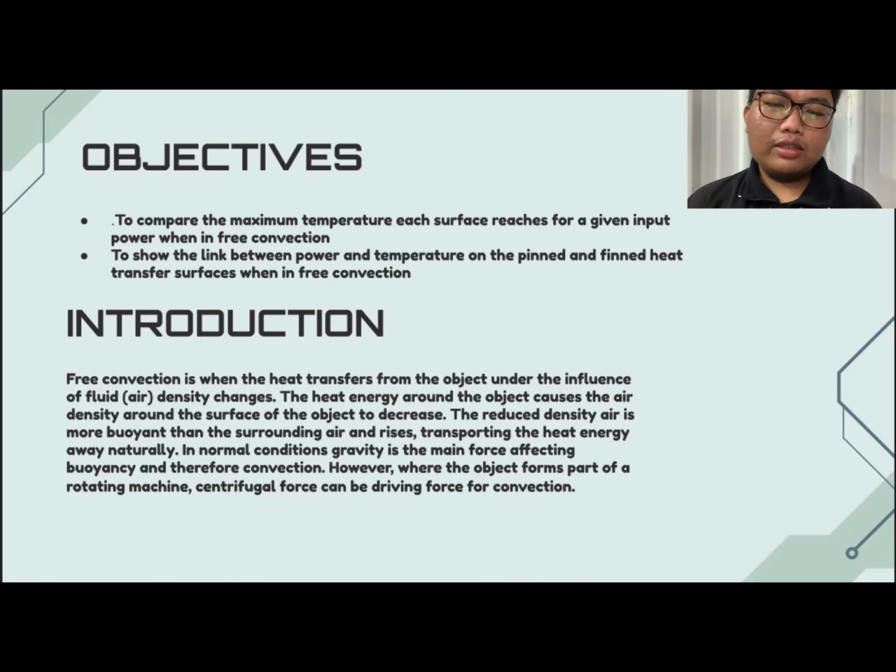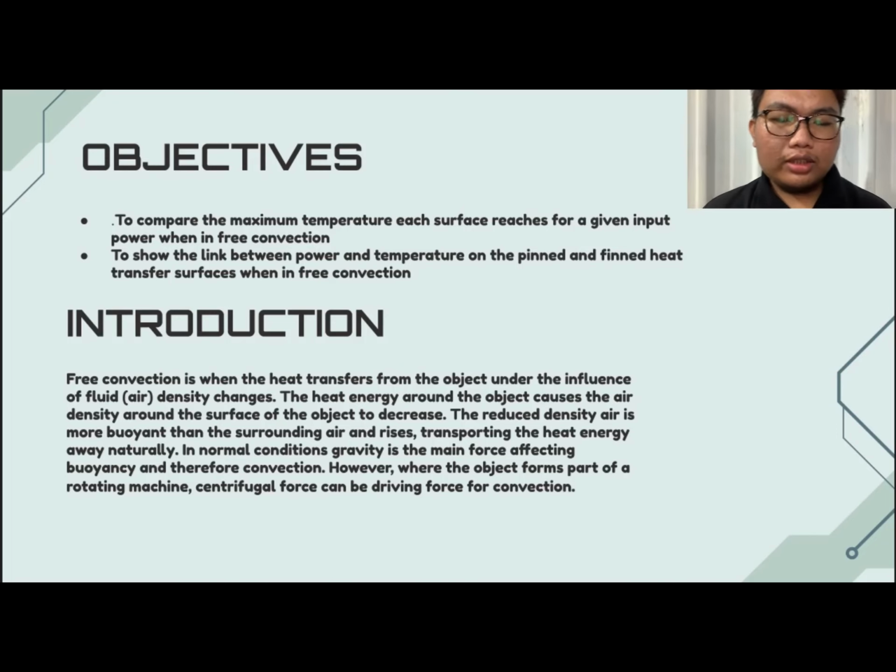The introduction: free convection is when heat transfer from an object occurs under the influence of density change. The heat energy around the object causes the air density around the surface of the object to decrease. The reduced density air is more buoyant than the surrounding air and rises, transporting the heat energy away